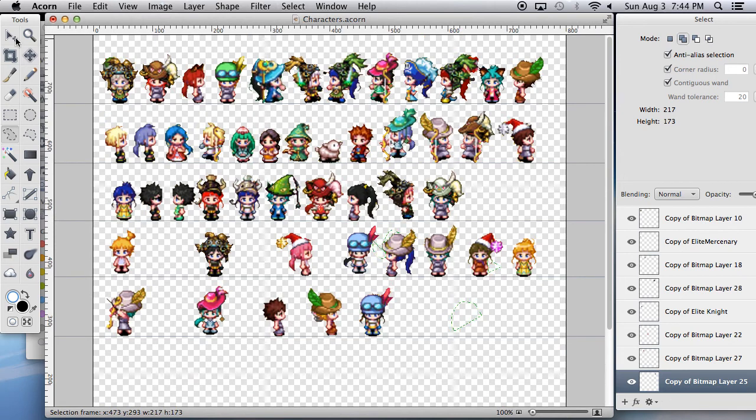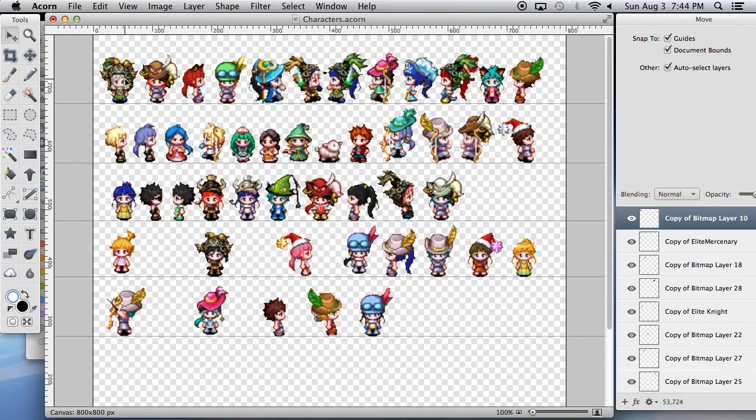But basically, all these things that I have right here are a lot of characters, and probably some of these are actually some of yours. It's really hard to tell what exactly is yours because a lot of people use the same equipment, same hair, same hat, and same armor. But yeah, each one of these is actually